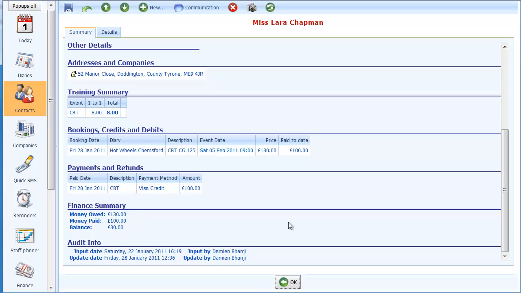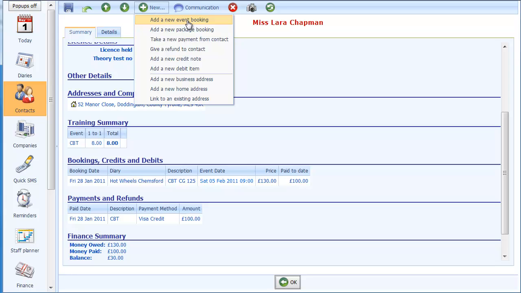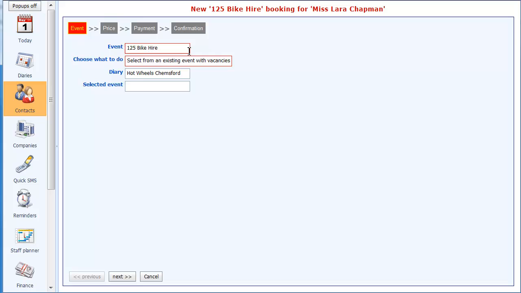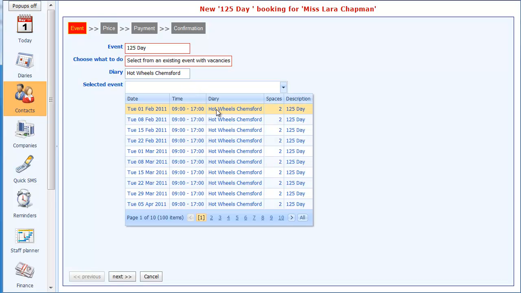Now she's also said that she'd like to make a booking, anticipating that she's going to pass. She'd also like to make a booking for some 125 training following the CBT. So I'm going to click on the new button up here and choose add new event booking. And the event we're going to choose is 125 day. We're going to click on the box here which says select event, and you'll see here it's come up with all of the 125 days